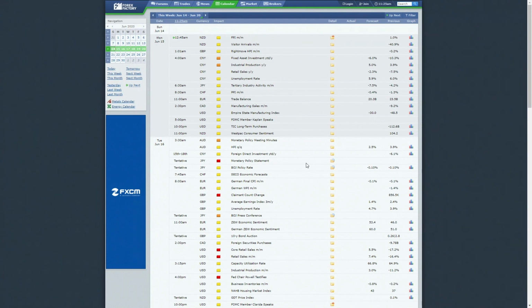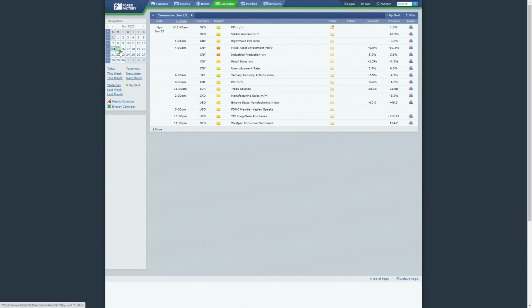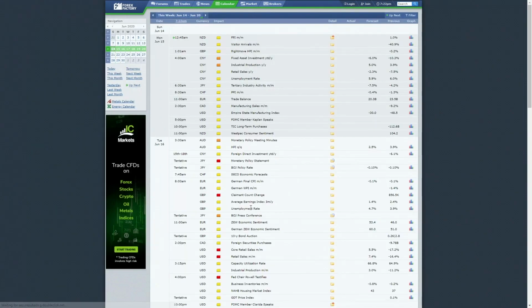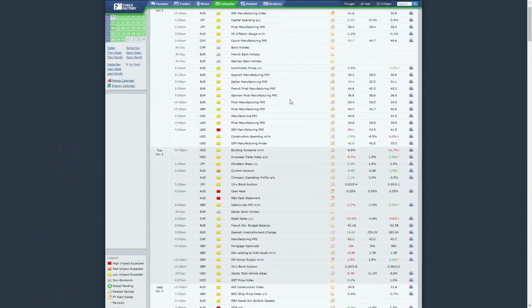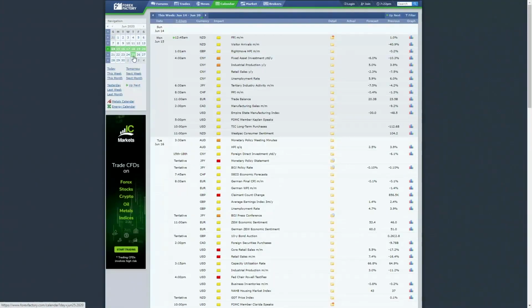I think the first place to start will be just the basic navigation of the calendar. Looking over to the left-hand side, we have the dates. That's obviously going to be important. Here you can select either a specific day, if you just want to see the upcoming day, which is Monday the 15th, or if you want to see the entire week, you can just click that arrow. Or you can select this month, which is obviously going to give you the entire month. So that's just a quick navigation tool to use on the left-hand side.